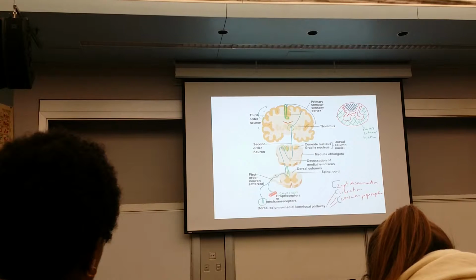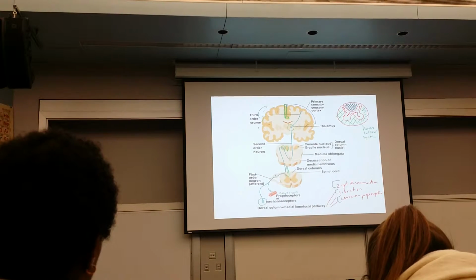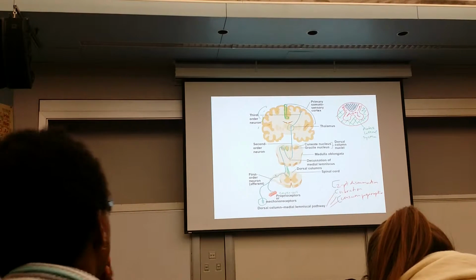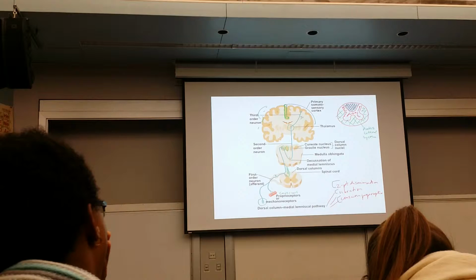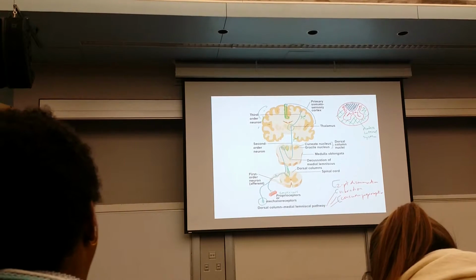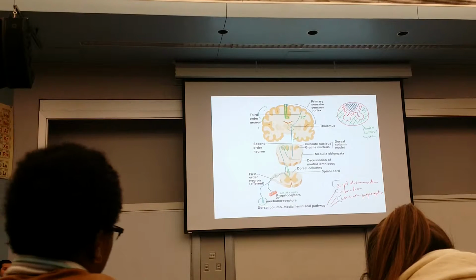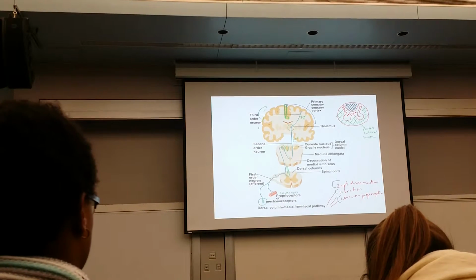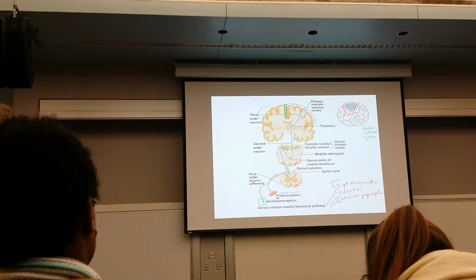And from here in the thalamus, you see that the information travels a short distance from the thalamus to the primary somatosensory cortex. This is our third order neuron, right? So we have the three neurons there. The first neuron is going to receive the information from the periphery. It's going to stay on the same side until it reaches the